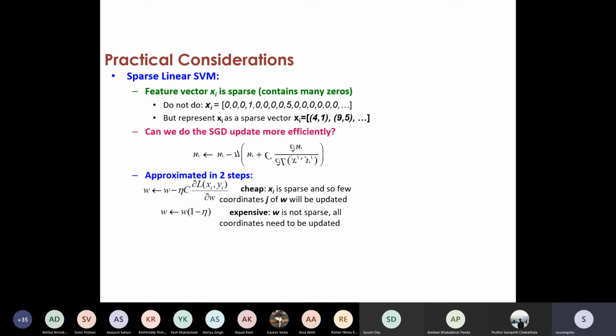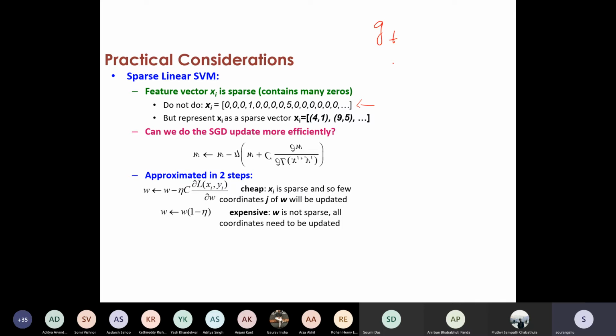So another practical consideration here is, how do you incorporate sparse updates? Many times, at least for SVM, the gradient, or for many of the linear models, is just the feature vector, which is very sparse. And also in the case of neural networks, sometimes you will see that your gradient g_t is very sparse.